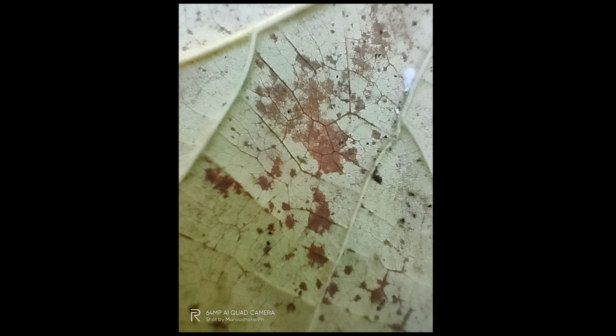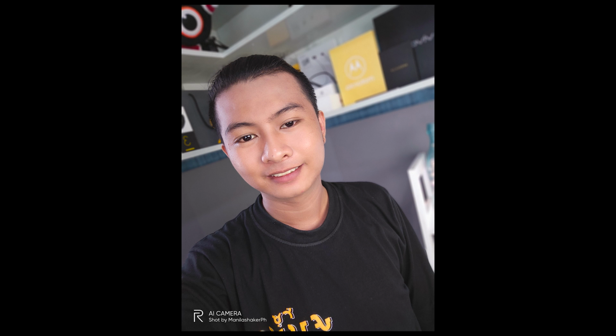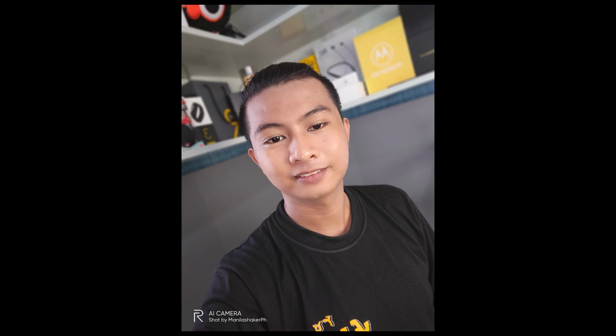Last is the macro lens. It's not that impressive, but we still get decent macro shots. It doesn't offer autofocus on the macro lens, so you only need to manually focus by moving the phone near the subject. Switching to the front camera, the 32-megapixel main selfie cam with Sony IMX616 captures great photos, but we